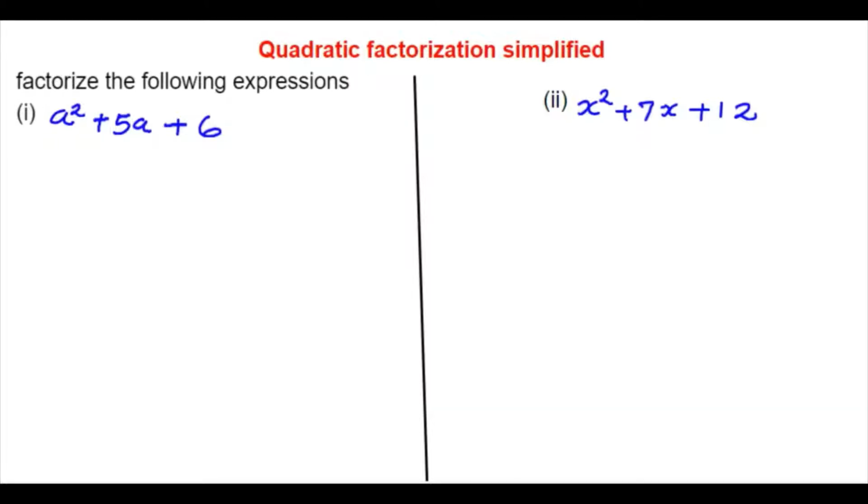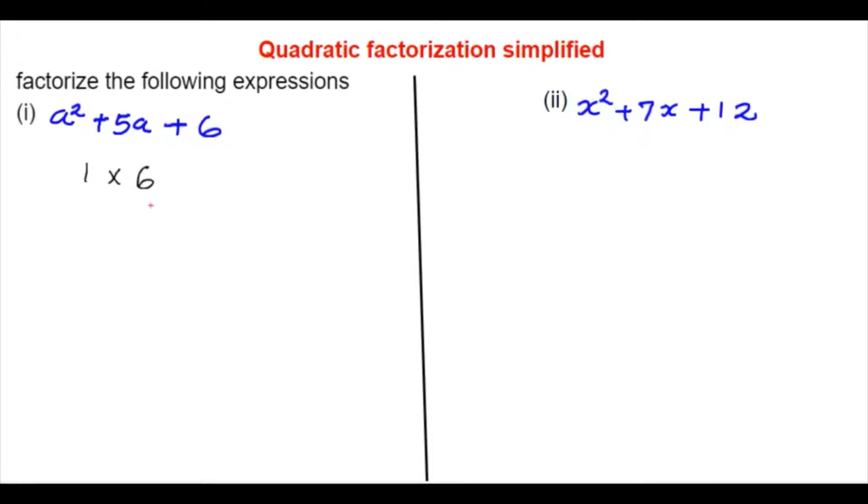So, quadratic factorization simplified. Now I would like to look at a few questions here and practice how to do them using a new method to help us in factorization. For this new method, we will be looking at the coefficient of the quadratic element. Like now we have here the coefficient of a squared, it is 1, and then I multiply this by